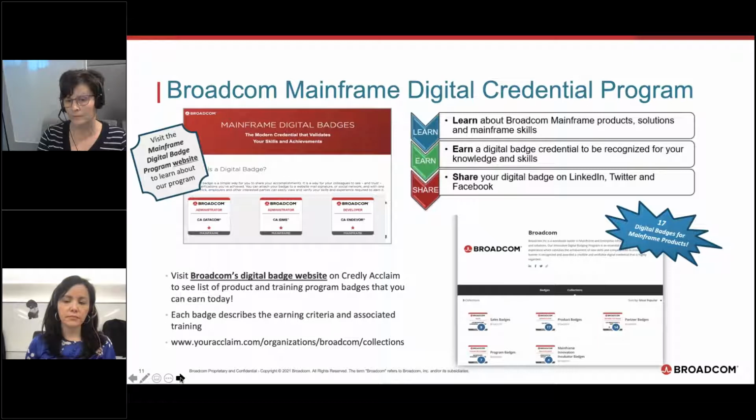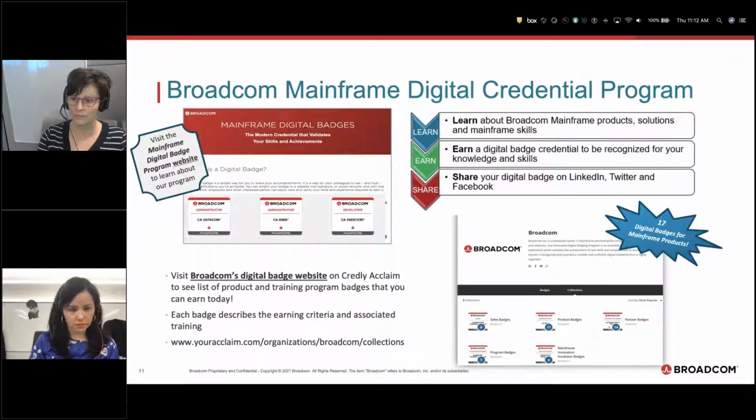We have partnered with Credential, an industry-leading digital badging program vendor who manages many badges for many large companies. Some of you may already be using them for other badges that you may have earned. Using this platform, you can easily manage and share your badges on social media, such as LinkedIn, Twitter, and Facebook. You can also share your badges in your email signature. In the bottom left-hand corner, you can see the link to the Credential Acclaim platform, which is where we host all of the badges, and there's the image of the landing page there